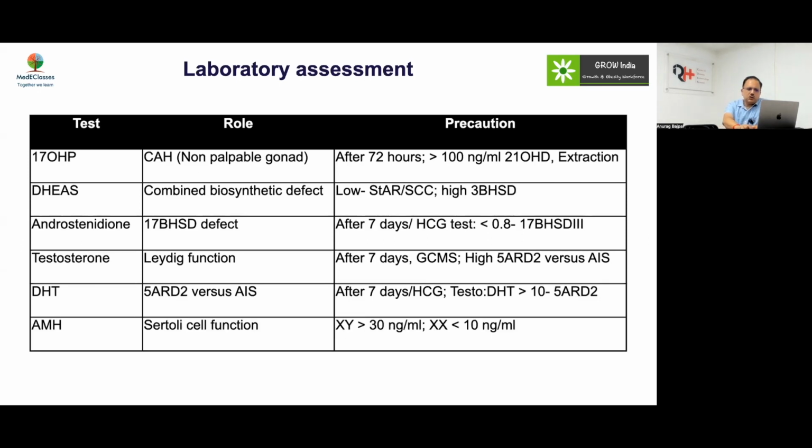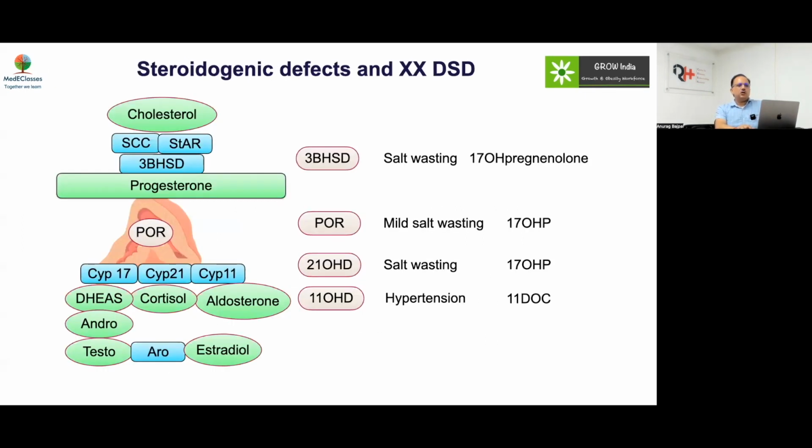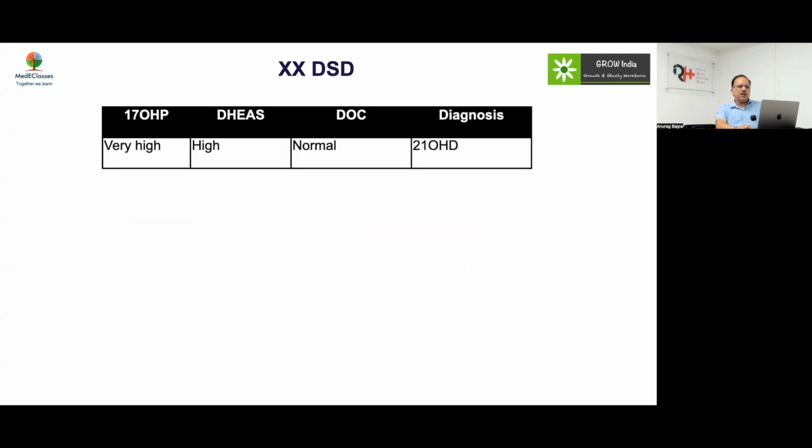AMH is more for Sertoli cell function, XY more than 30, XX less than 10. HCG test as discussed: if LH is less than 0.7, give HCG 5000 international units per meter square or 1500 units. At 0 and 72 hours, you do the basic tests, testo, DHT and andro. Now, just to summarize, if we talk about XX DSD, the main thing to look at is 17 OHP, DHEAS